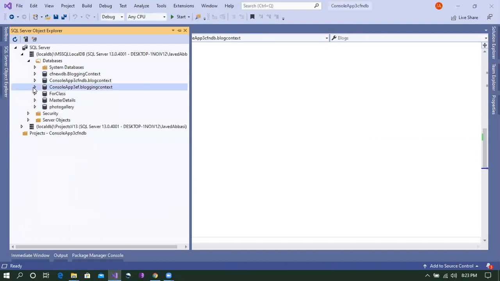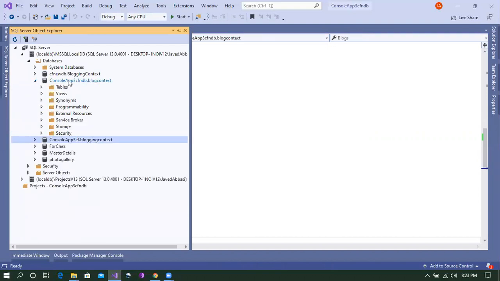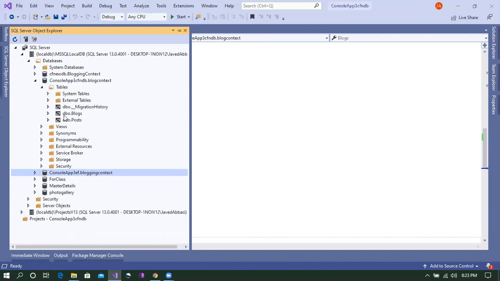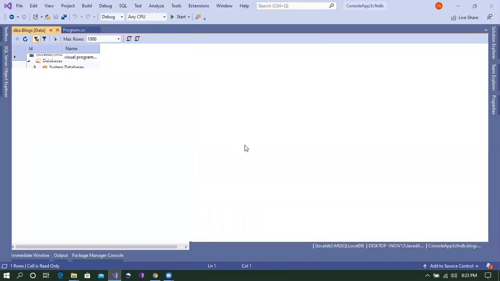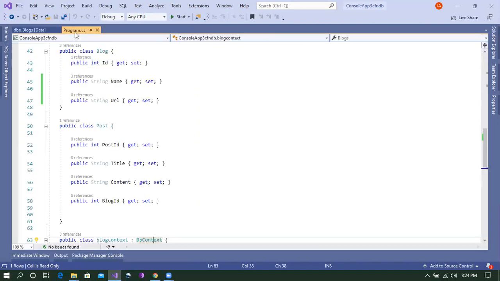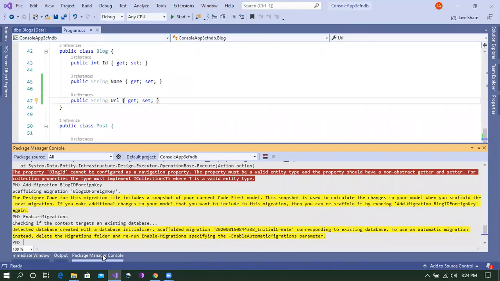So this is the database that we created for the current project, ConsoleApplication3.CodeFirstNewDatabase.BlogContext. Inside the tables, we have this Blogs table. And if you see the view data, I have two columns. I want to create a third column in this table according to this property that I have created here. So for that, I have to add a migration,